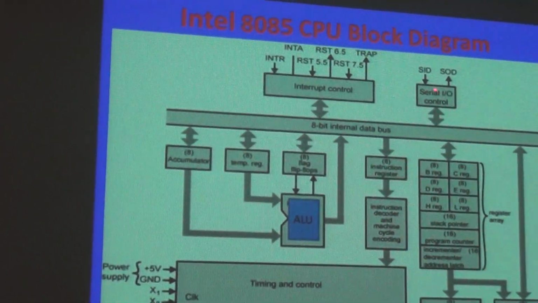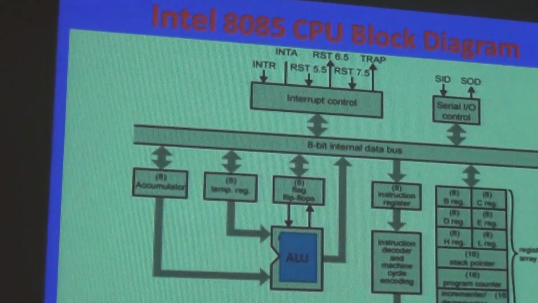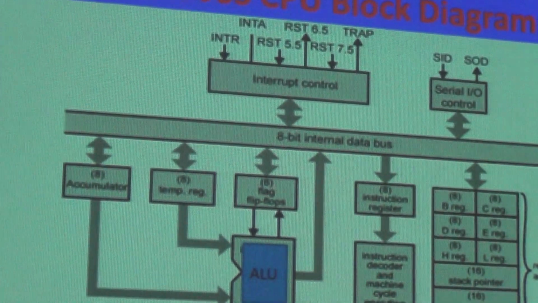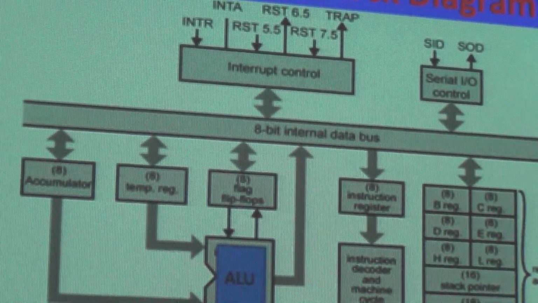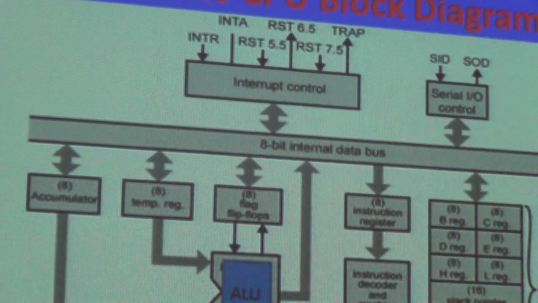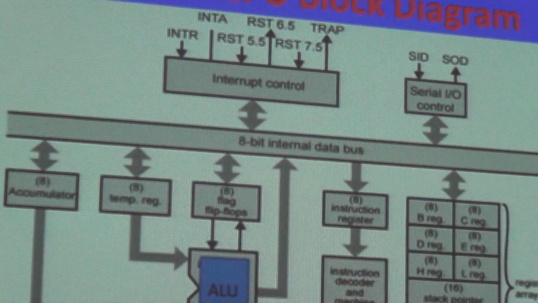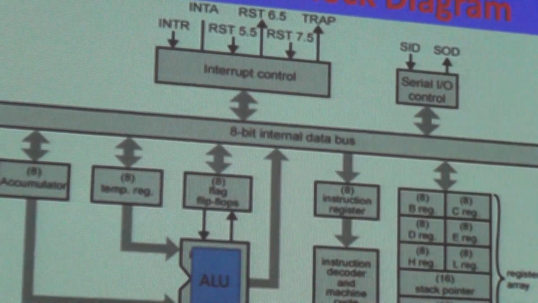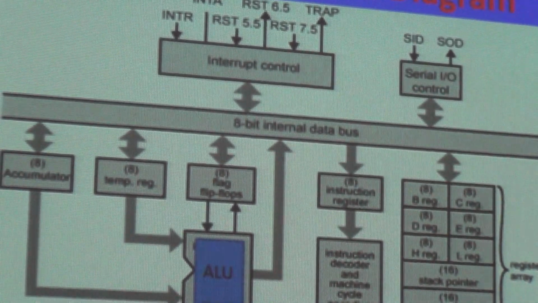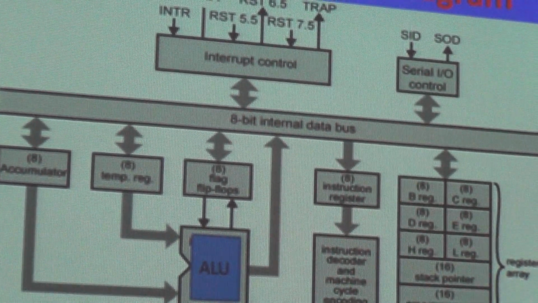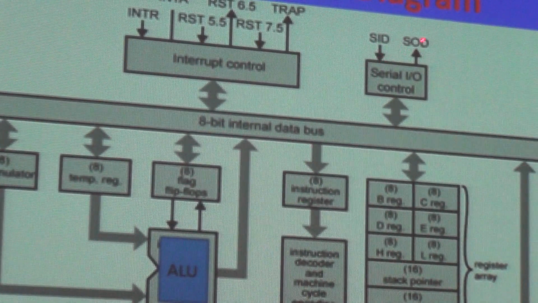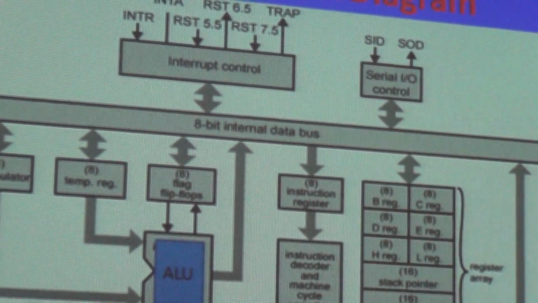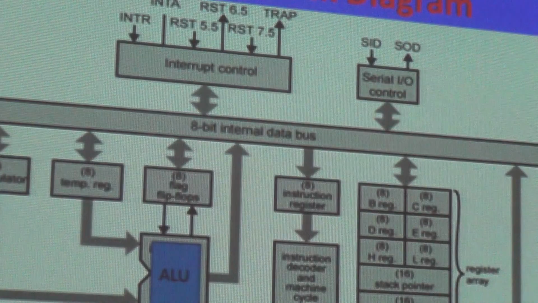Then what is that? A serial input output control. Now it is connected to the internal 8-bit data bus along with the SID and SOD units. It means in some cases you will find the data required to enter the microprocessor serially, and the data or intermediate result are to exit from the microprocessor serially. So that's where it is required: the serial input line, that is the SID line, is capturing the data into the microprocessor one bit at a time.